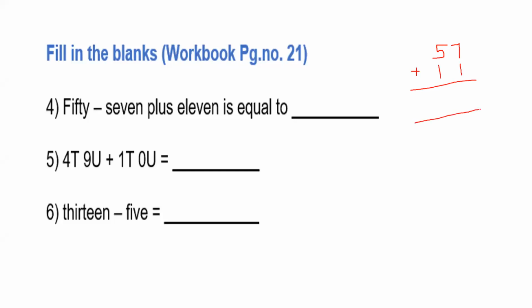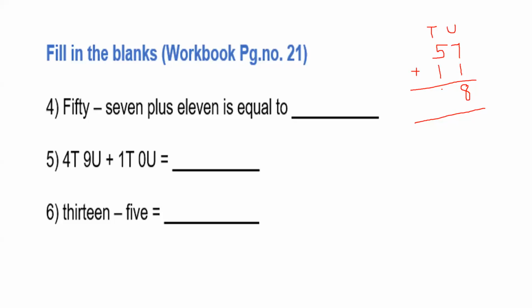So you have to find out this answer. First, what we will do? Tens and units you will write. You will always start adding from which place? Units place. So first we will add 7 plus 1. So 7 plus 1 is equals to 8. Write 8. Then 5 plus 1 is equals to